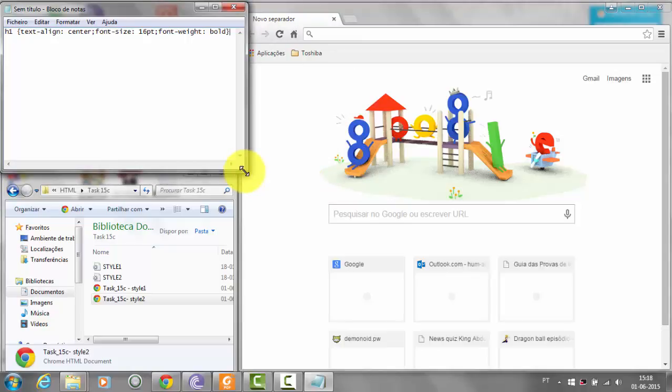If a value within a style contains more than one word, it must be placed in speech marks.